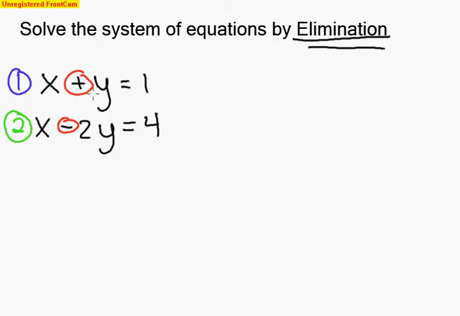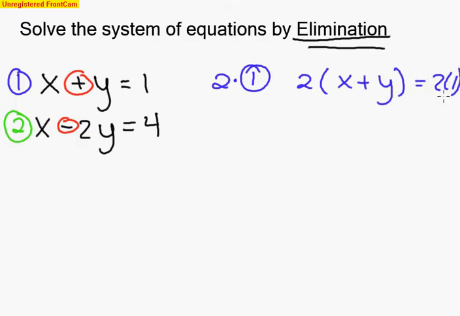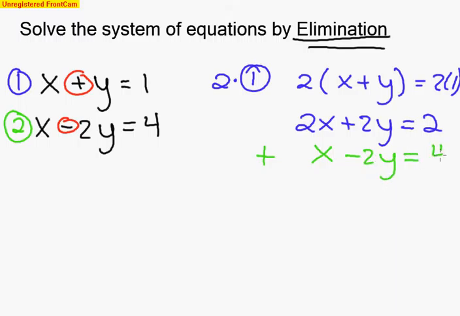So I'm going to take equation 1, and I'm going to take 2 times that equation. That means I'm going to take 2 times x plus y and 2 times 1, because what I do to one side of the equation, I have to do to the other. So really what I have is 2x plus 2y equals 2. This is my new equation 1. And I'm going to add equation 2